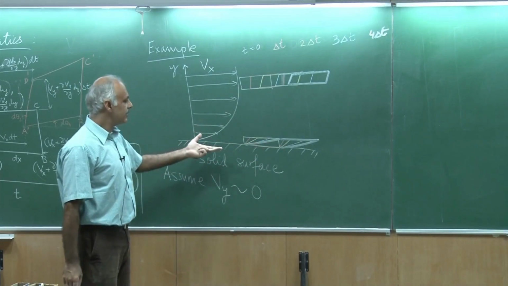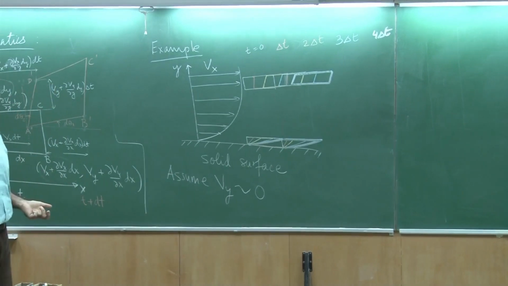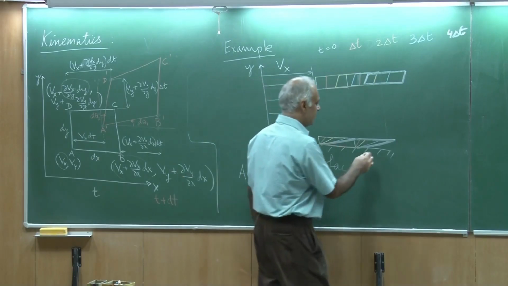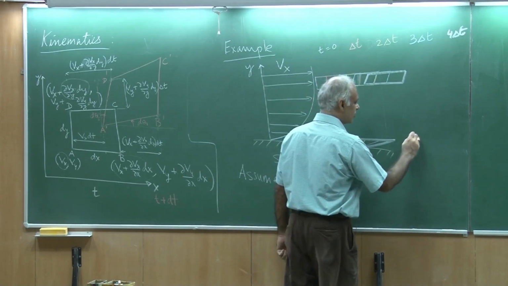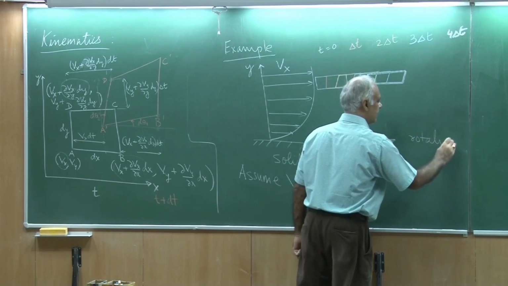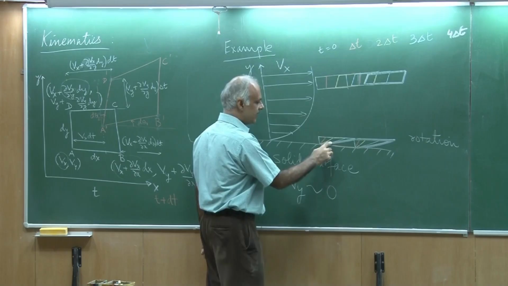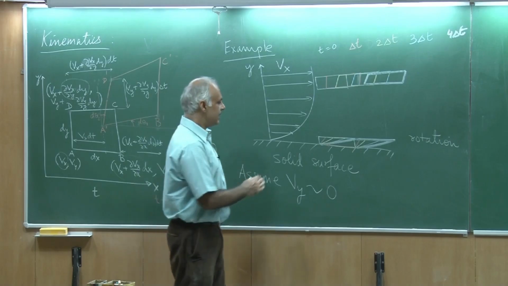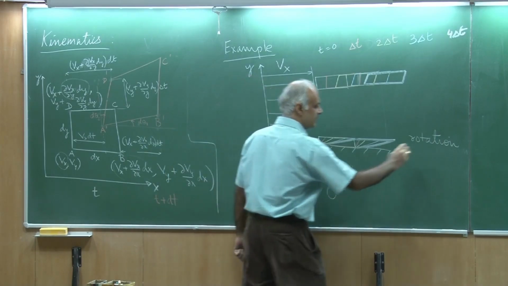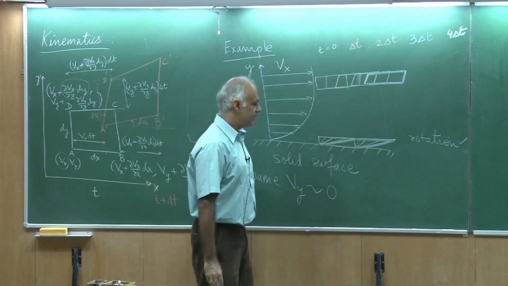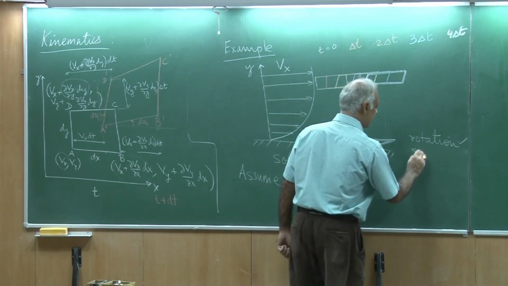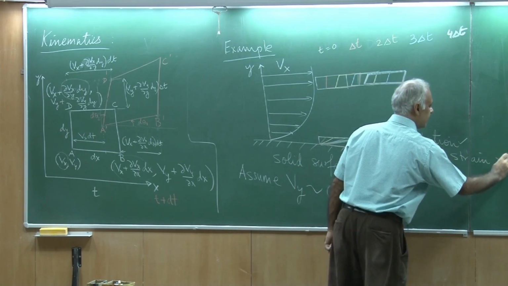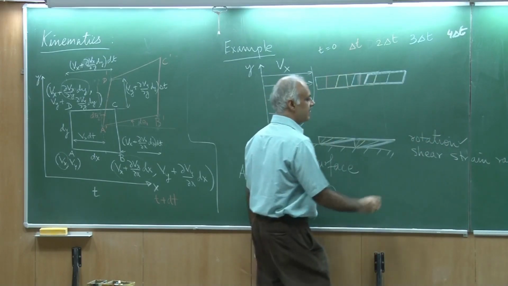So I could ask myself that based on the analysis I have done so far, what exactly is this element going through? And you would notice that this particular element goes through a rotation, because it is rotating. Okay, this edge is fixed, but the vertical edge is tilting in the clockwise direction. So it is definitely going through rotation. It is also going through a shear deformation. So there is definitely a shear strain rate, and there is a rotation rate.